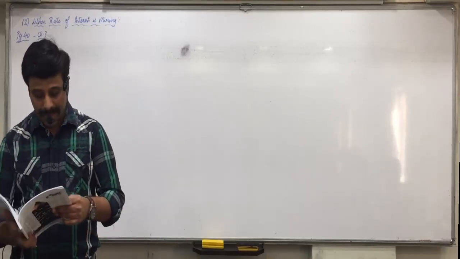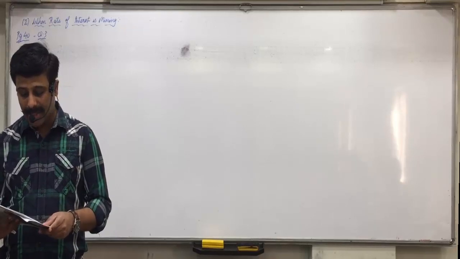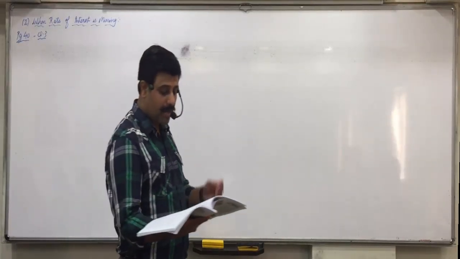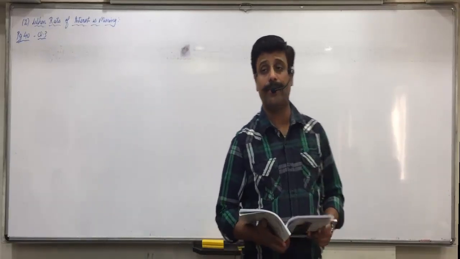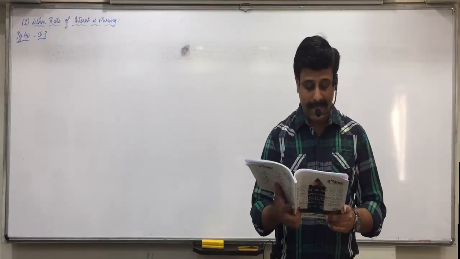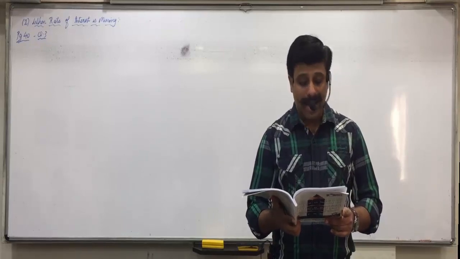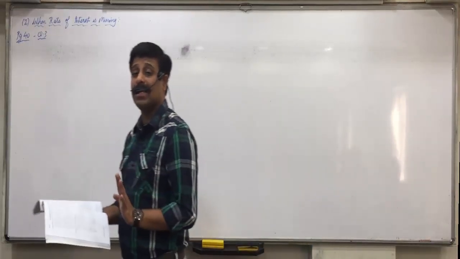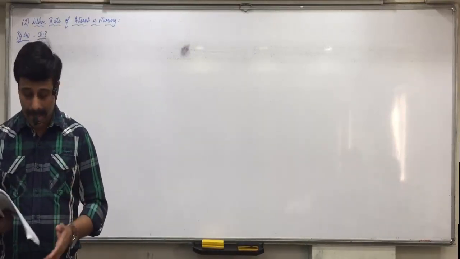of information. Here Aquasoft Limited purchased a machine on hire purchase basis from Ideal Tools Company on the following terms. So, who is the buyer? Aquasoft, mark as B. Who is the seller? Ideal Tools, mark as S. Now, cash price is 40 lakhs. So, cash price is not missing. Cash price is given to you.